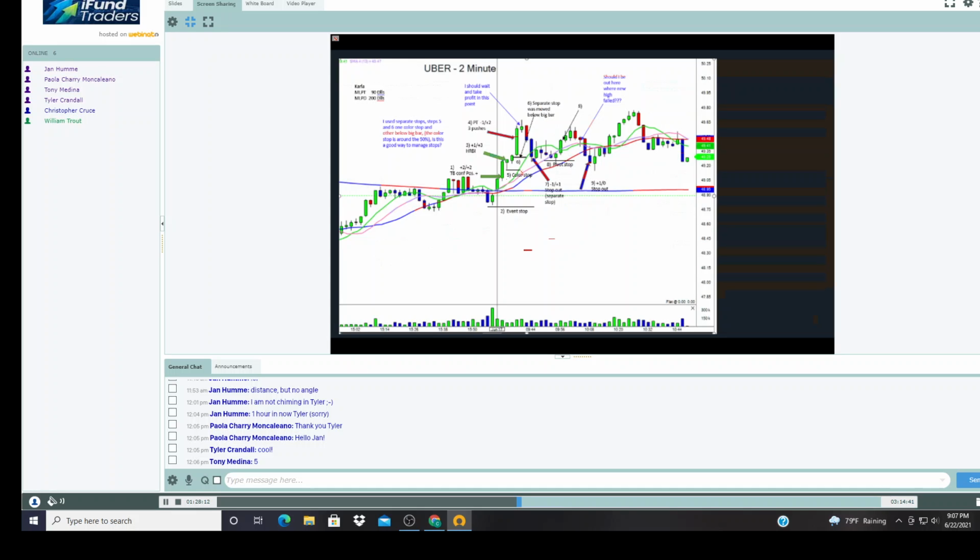So let's see. But then you moved the separate stop below the big bar, and I think there's a confusion here. First of all, you're not supposed to move the stop until we have what? What do we need for the first stop adjustment? A profit take, Ali says. No, that's not really the case. Profit take, all right, but that will only give you an option to use a break-even stop if you wanted to do that. Pullback is the right answer.